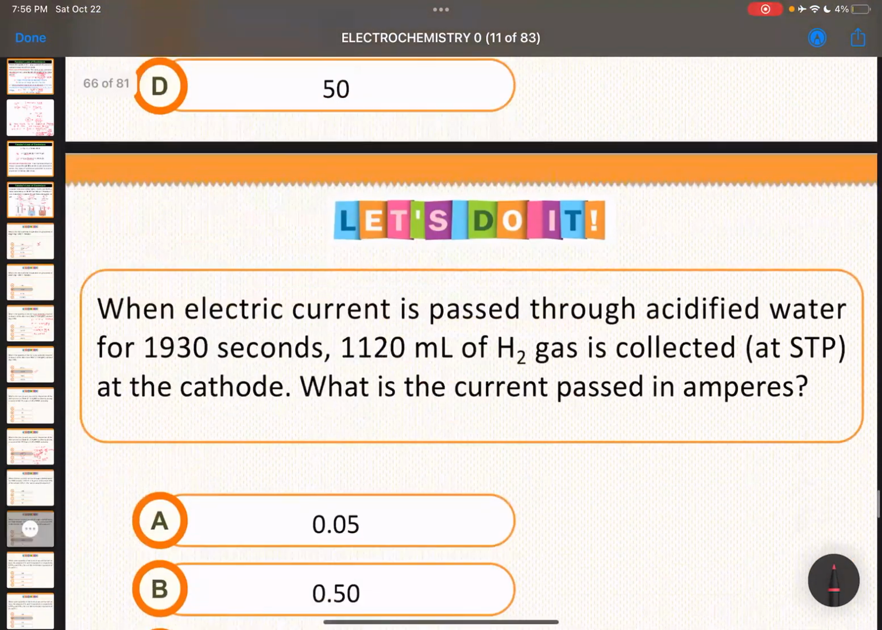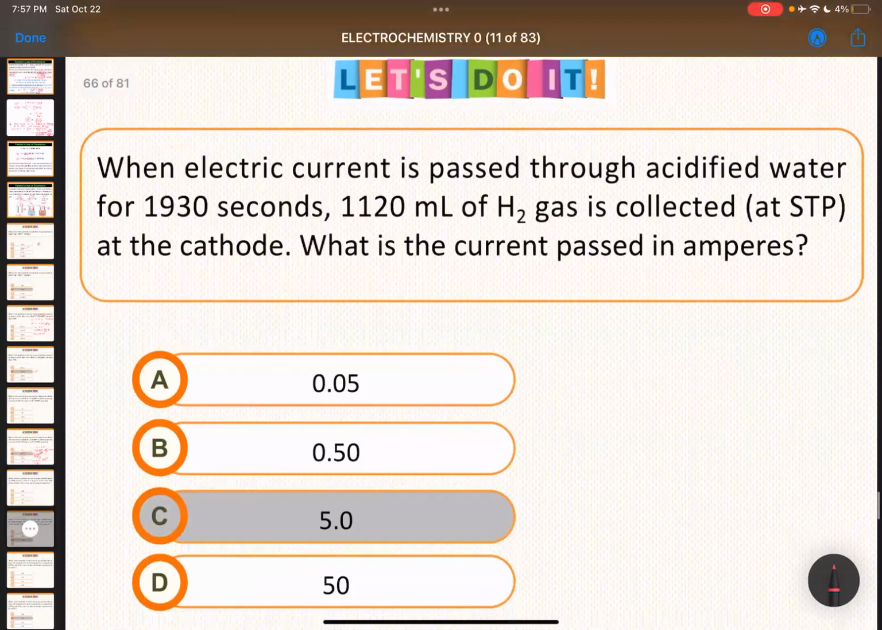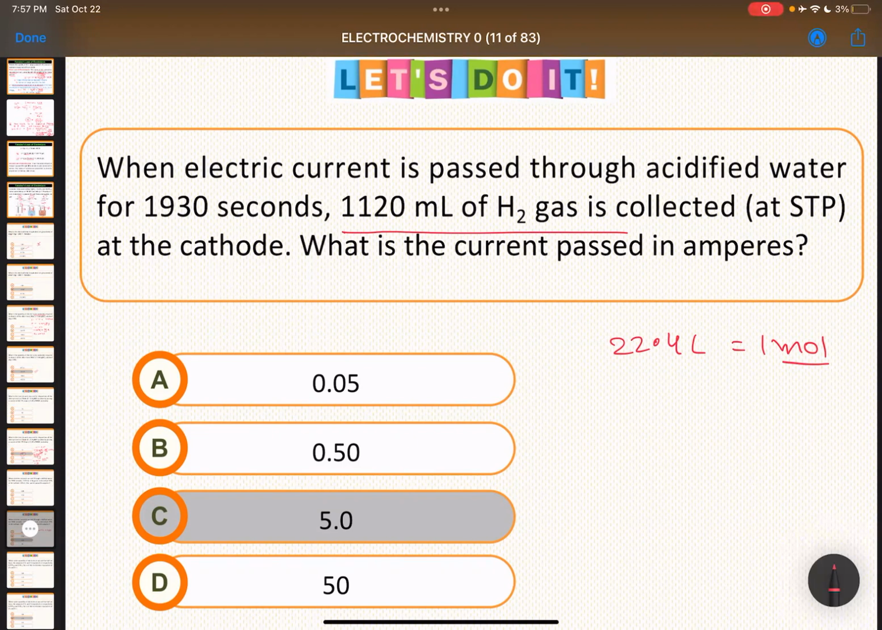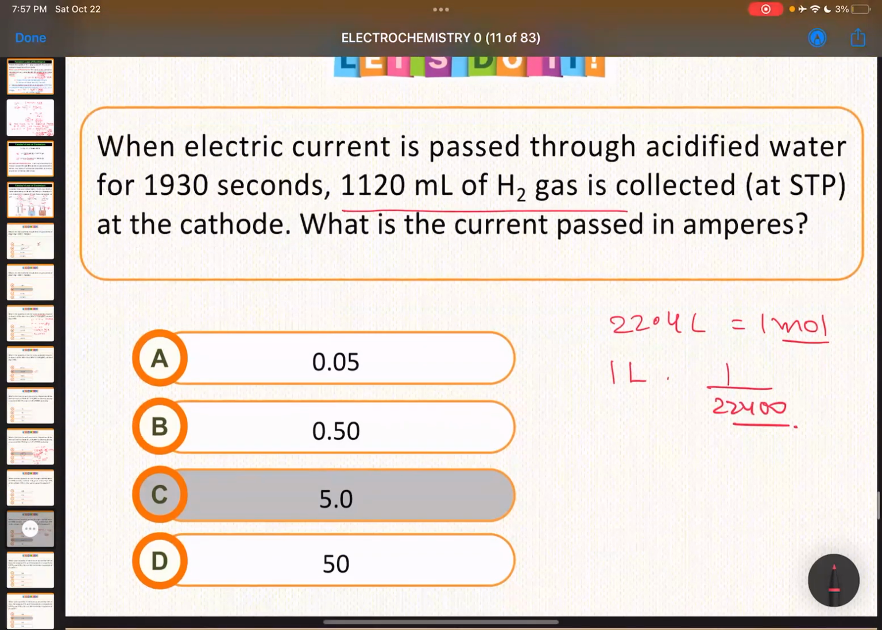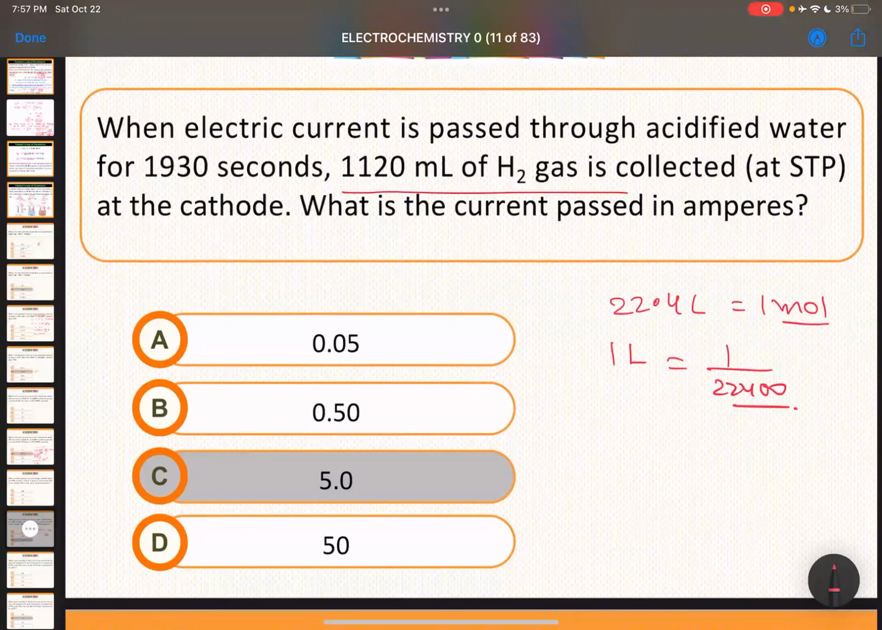Option C. What you need to do is you need to calculate how many moles. 22.4 liter is 1 mole, that you know, the molar volume. So these are how many moles? One by